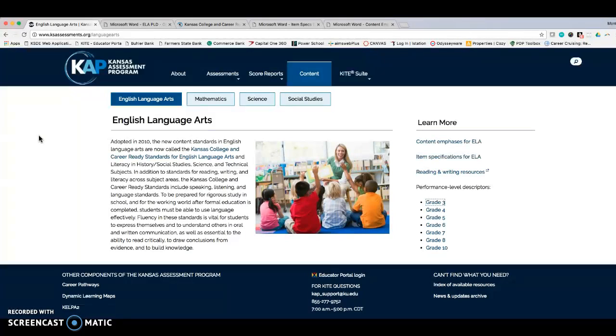KSDE has published those standards. They're giving us a year to become familiar with them. Maybe take a look at the alignment to our actual instructional practices and assessments that we're giving right now locally. That'll give us another year then to implement any modifications or changes that we might want to make locally. And I don't believe it's until the 2019 school year before we will see some actual significant changes to the